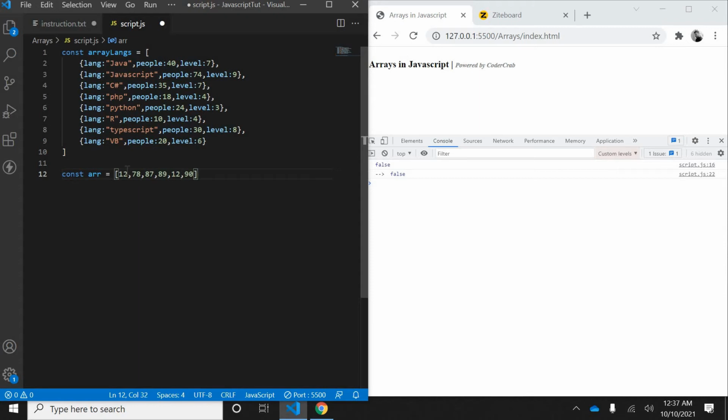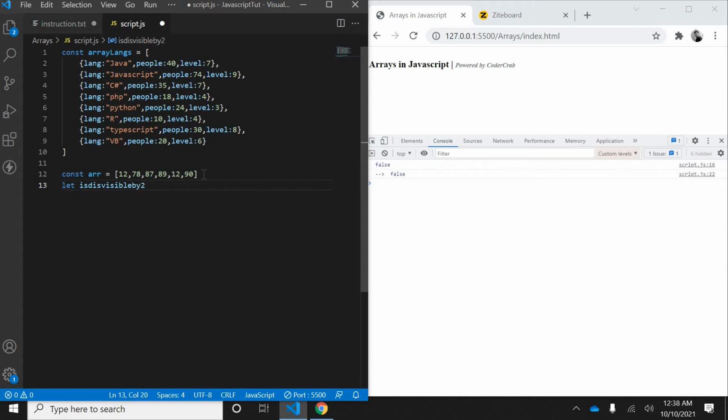If you see here, 12 is divisible by 2, 78 divisible by 2, 87 is not divisible by 2, 89 is not divisible by 2, 12 is divisible by 2, and 90 is divisible by 2. So what we want to see here is let is divisible